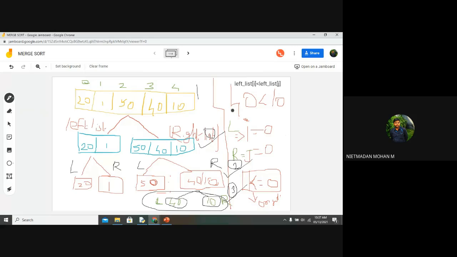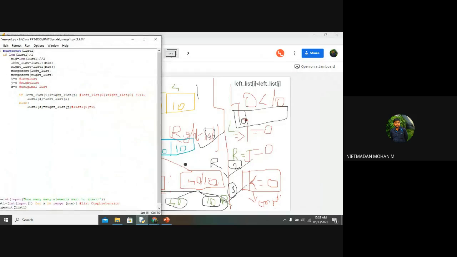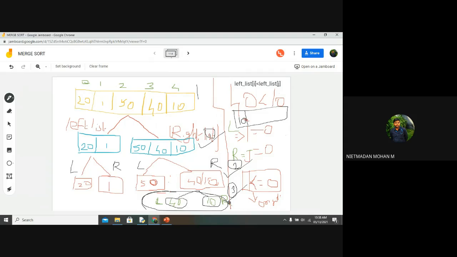So it means that we are going to create one final list. In the final list, we have compared 10 and 40. In that 10 and 40, the smallest element 10 has been stored in the first process. Are you clear about this? After that, this process will be repeated again and again till all the elements have been sorted. This is the only condition you need to look after. You just concentrate on the first iteration. That's enough. If you have understood the first iteration, then the next iterations will go in the loop. Same coding, it will go in the loop.